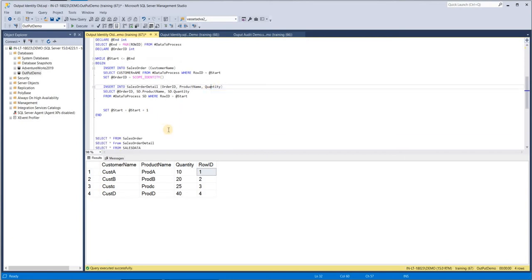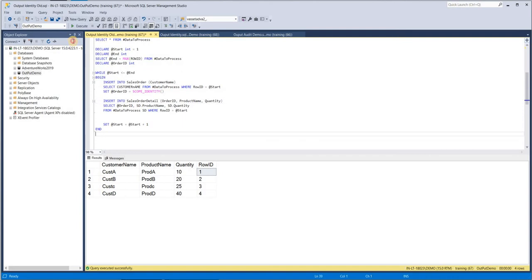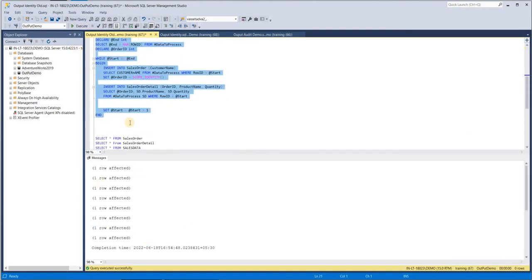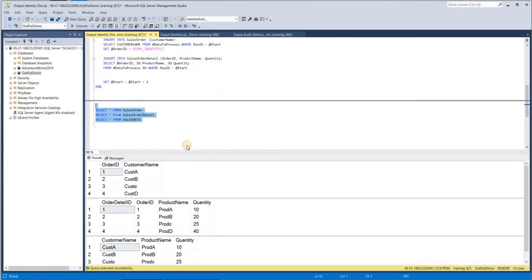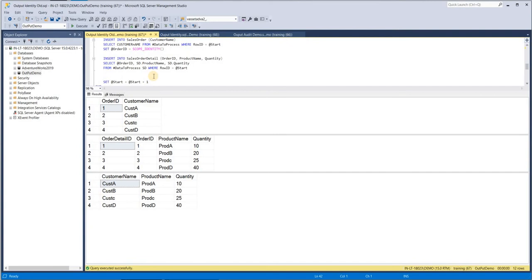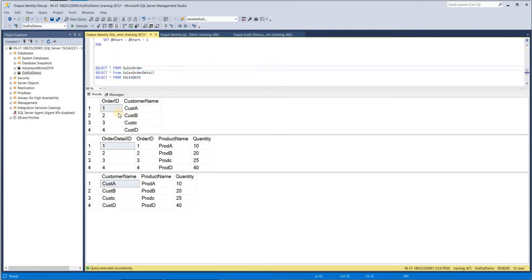Right? So if I execute this code now, then you can see everything is being inserted. And if I show you the tables, it looks like this: in my sales order table, order ID, customer A, and for that same customer, the order ID which was generated, we inserted that same into sales order detail with product A and quantity as 10,